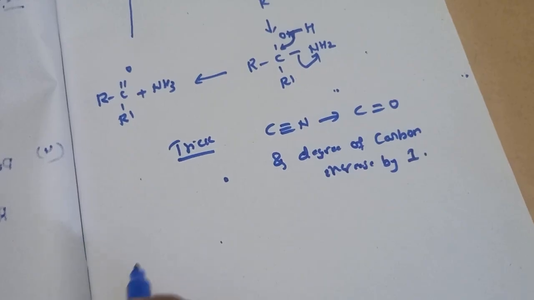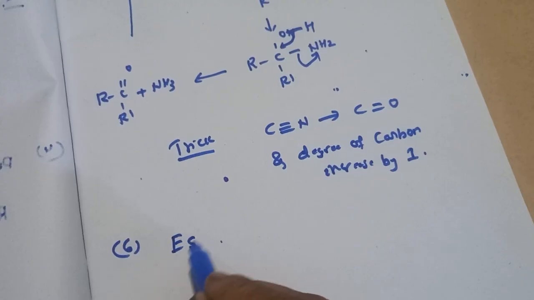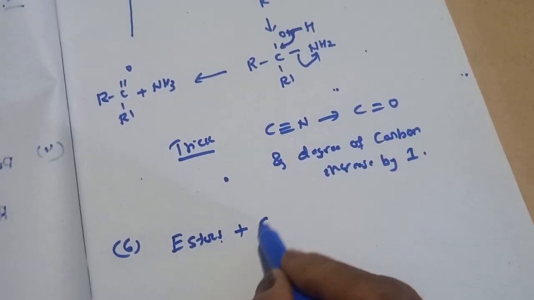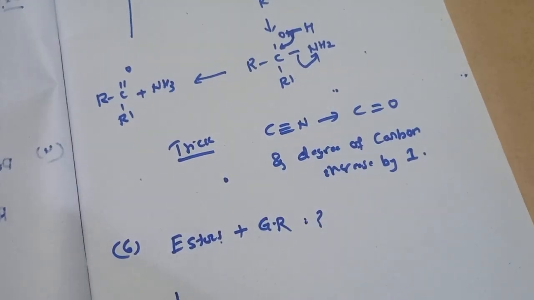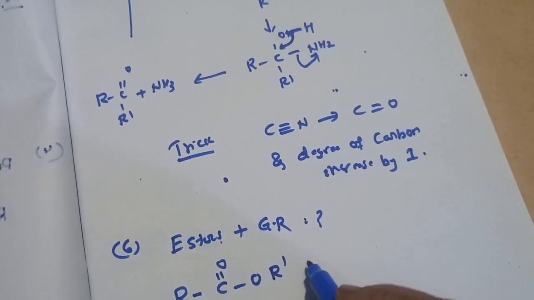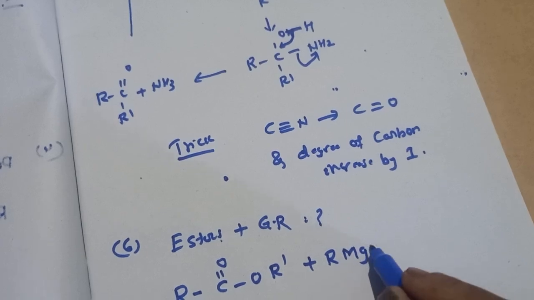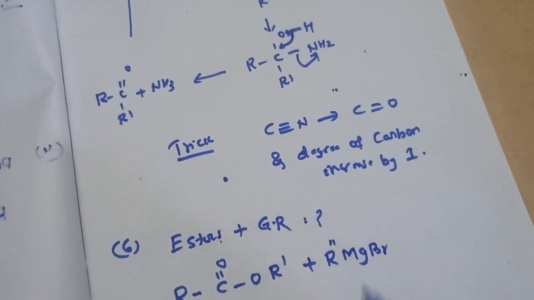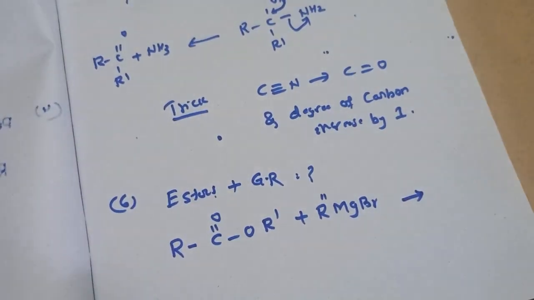Another preparation is esters plus Grignard reagents. What is the product? Now coming to R C double bond O, O R prime. When reacted with a Grignard reagent, let the Grignard reagent I represent here be R, where the alkyl group is R double prime. Then we will get